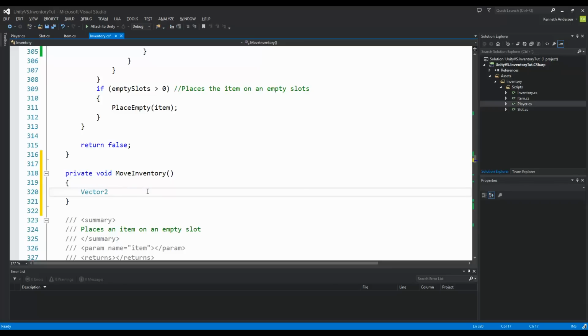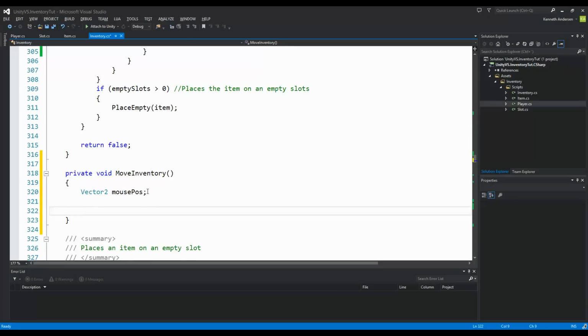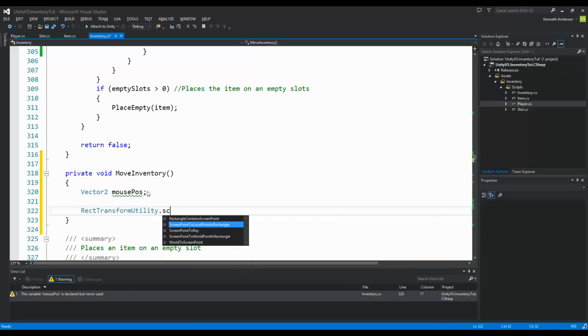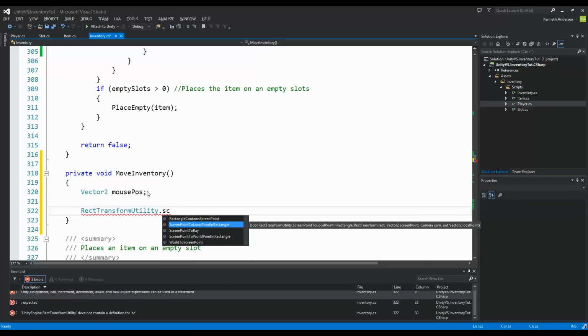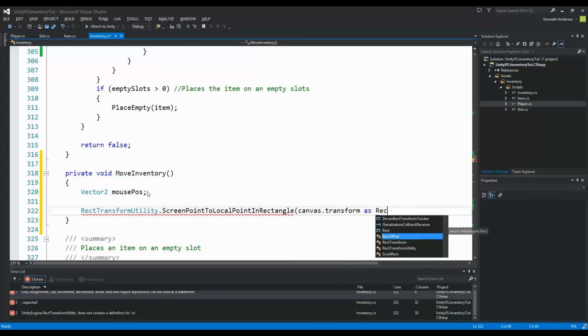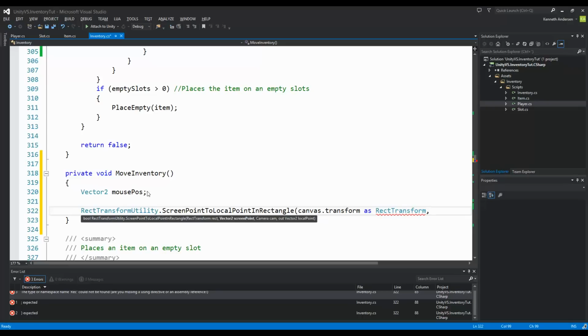Vector2 mouse position, and then we need to translate the mouse screen position into a position on the canvas so that we can actually use it to move our inventory around. So RectTransformUtility.ScreenPointToLocalPointInRectangle, there it is, and canvas.transform as RectTransform, and then we need the screen point to translate. That's the new Vector3